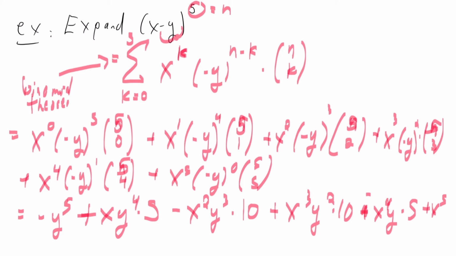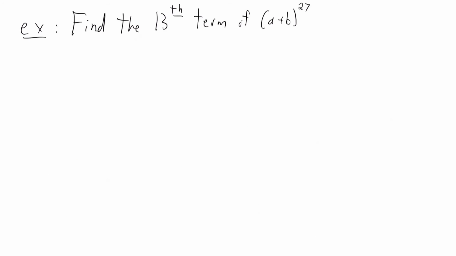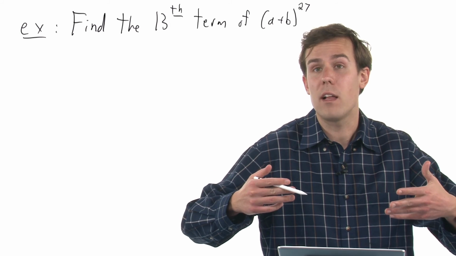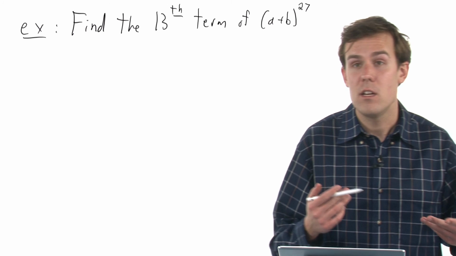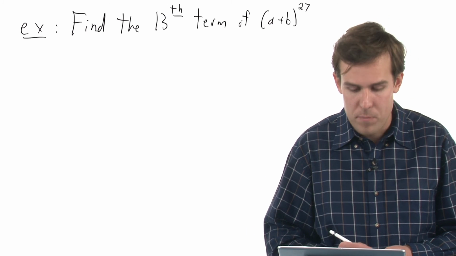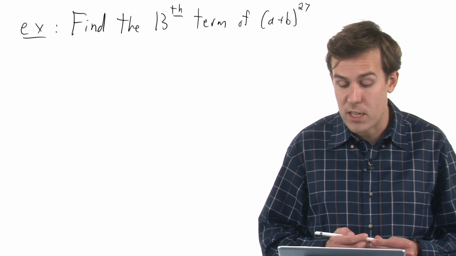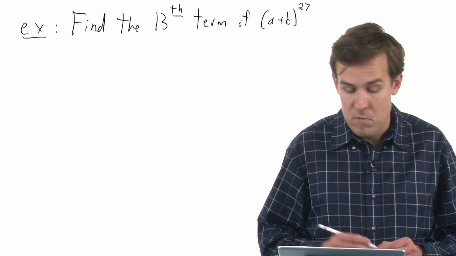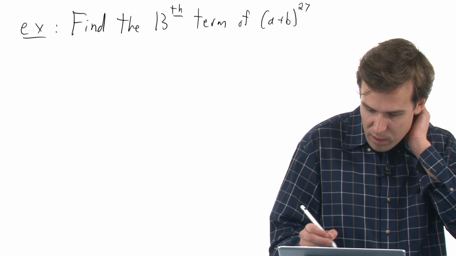Looking at another application of this, you might not necessarily be asked to expand an entire binomial on the CLEP. You may simply be asked to find a given term of a very large degree binomial. So here I'm asking you for the 13th term of a plus b to the 27th, right? So what is this? Well, I know that this